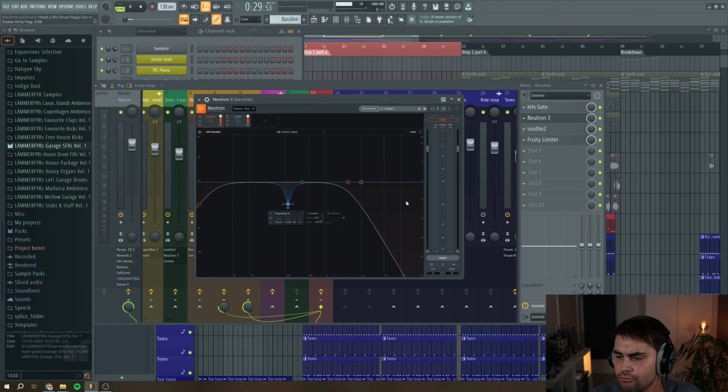Then I'm rolling off the really high end of the bass line, because that's not where the power and the body of the bass is. And I want to make room for my drums and other elements that have their energy there. The energy of the bass is obviously in the low end, so that's where I want to have the energy. So if we play the sound,